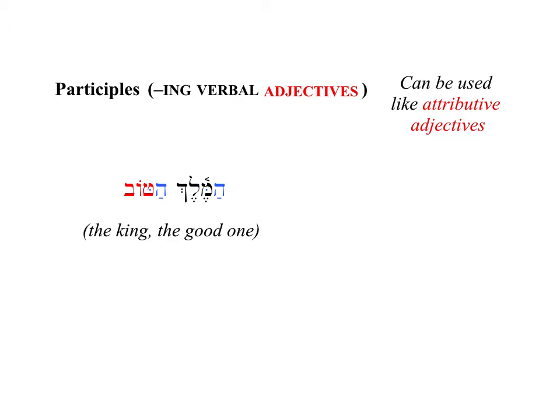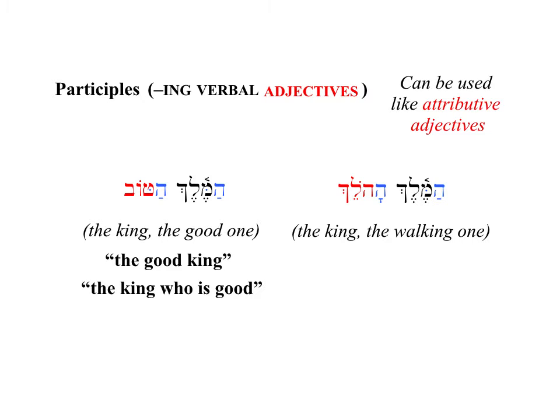So participles can be used as attributive adjectives, just like we saw in chapter 6. We saw Hamelech Hatov, the king, the good one, or phrased the good king, or the king who is good would be adequate translations of that. Well, the same thing is true here. Hamelech Ha-Holek is the king, the walking one. And we would translate this as the walking king or the king who walks. You can also use